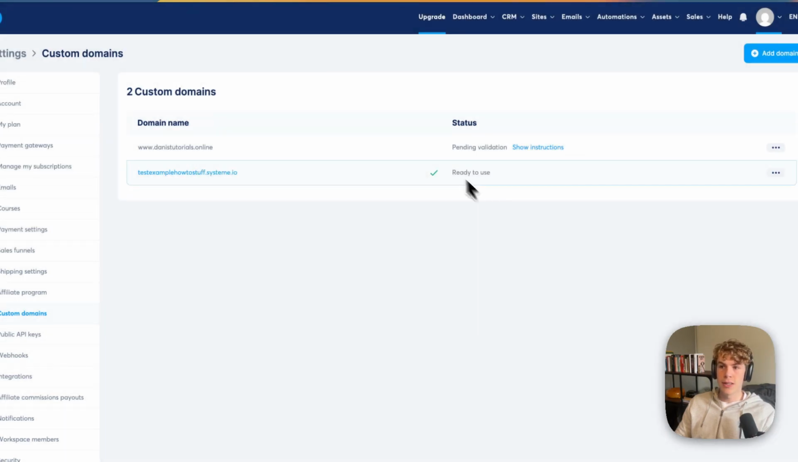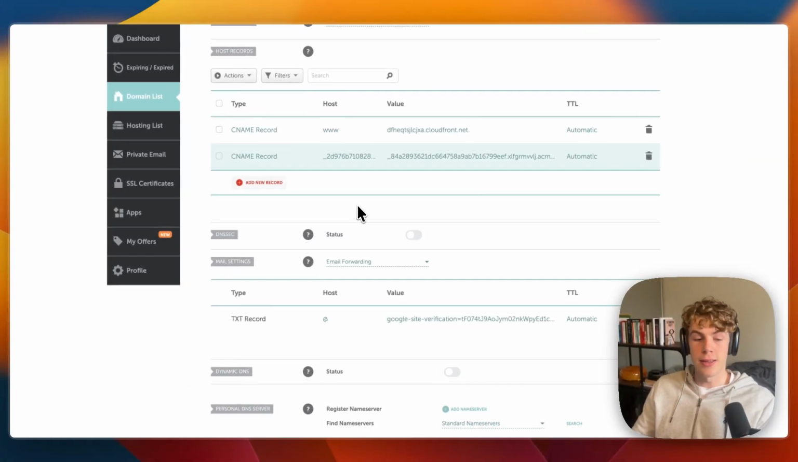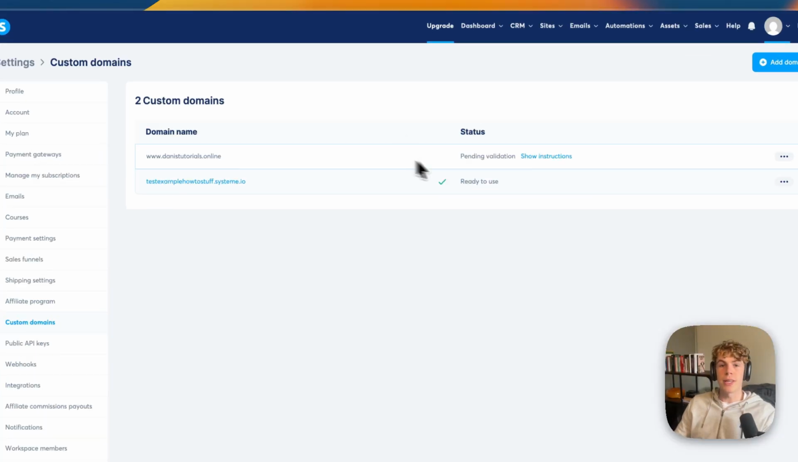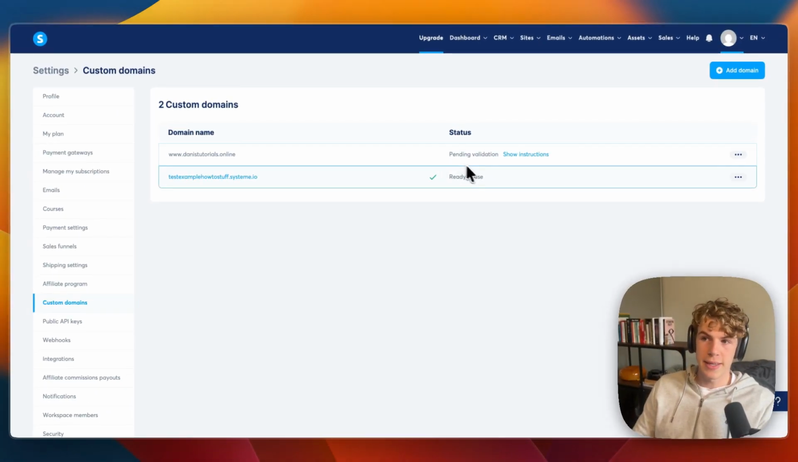Now you can go and close this and then it's pending validation. So it's just going to check if you have added the correct DNS records. If you did in the way that I showed you right here, then you did it correctly and then it will validate. Now this usually takes less than 20 minutes, but it can take up to 48 hours for the DNS records to propagate. So you can either just wait for this to stop pending and to just say ready